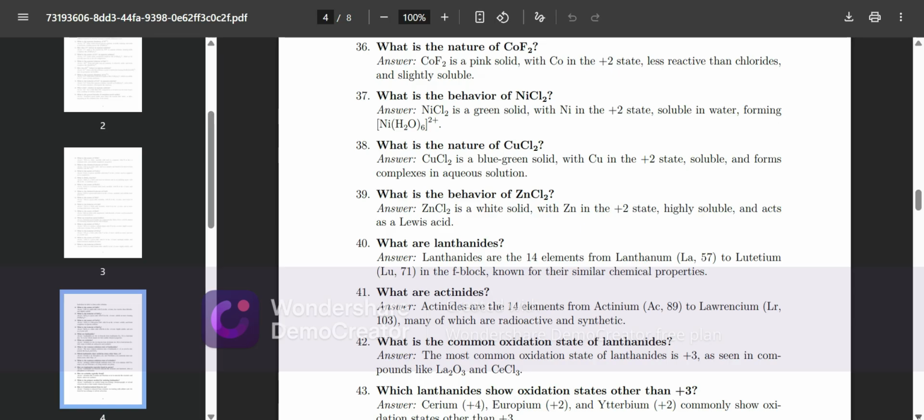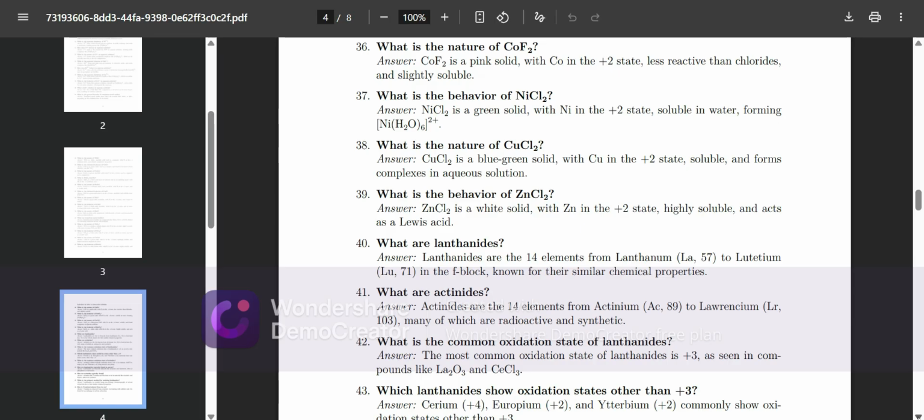What is the nature of CuCl2? CuCl2 is a blue-green solid with Cu in the +2 state, soluble and forms complexes in aqueous solution. What is the behavior of zinc chloride? Zinc chloride is a white solid with zinc in the +2 state, highly soluble and acts as a Lewis acid. What are lanthanides? Lanthanides are the 14 elements